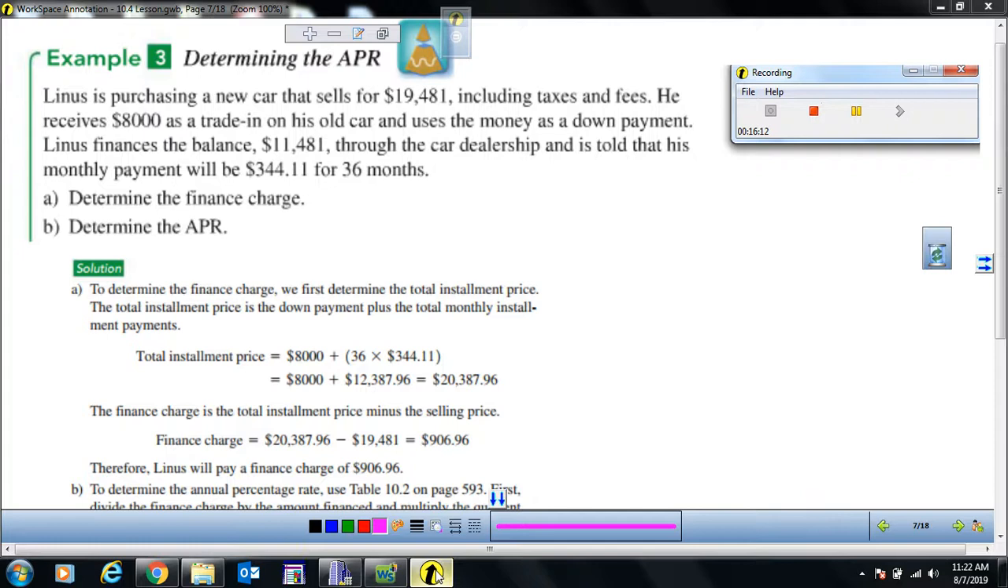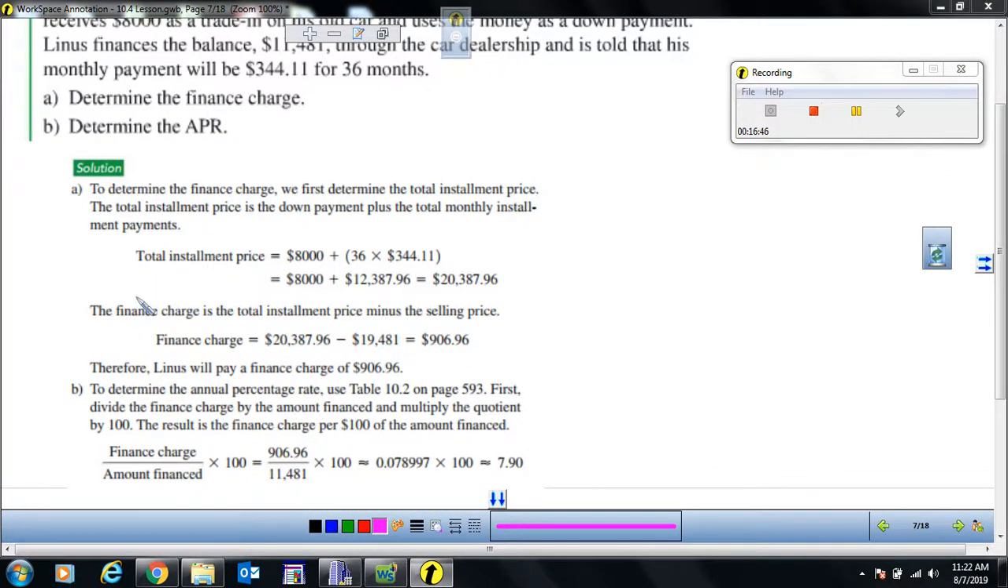So here's not going to be the question about finding the monthly payment like in the previous one. And we know that the total time to repay the loan is 36 months. So letter A is asking for determining the finance charge. Okay, so that we already learned in the previous